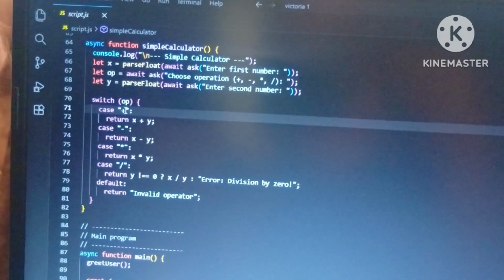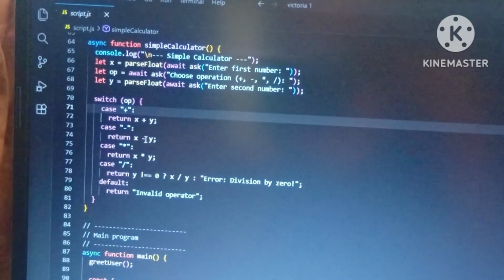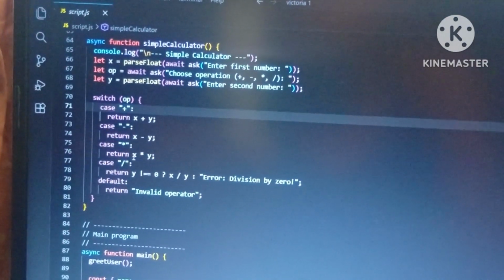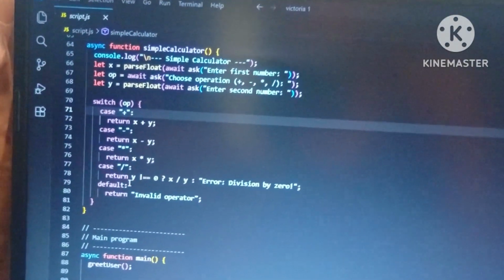Case 1 can be plus. If it's plus, we add the two numbers. If it's subtraction, subtract the two numbers. If it's multiplication, you multiply the two numbers. And if it's division,